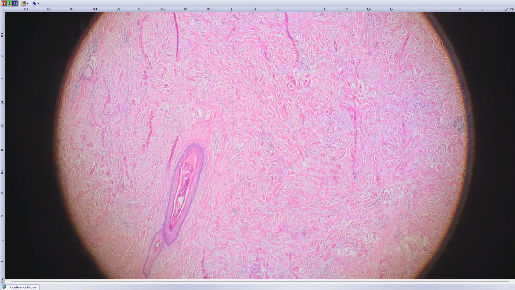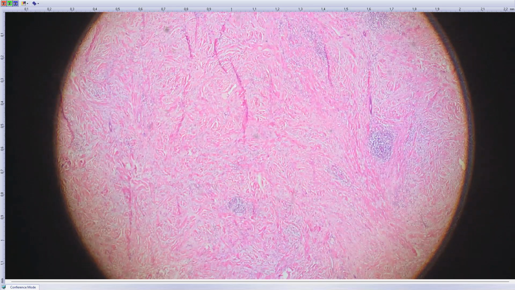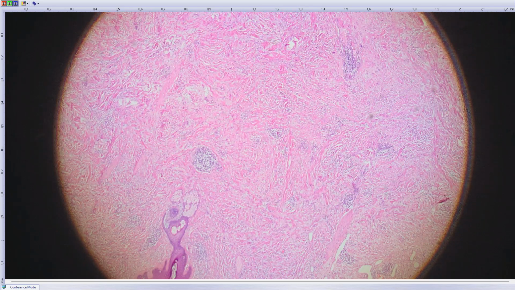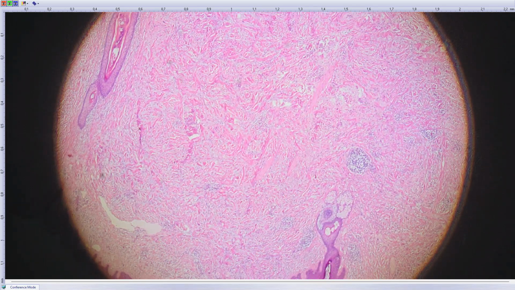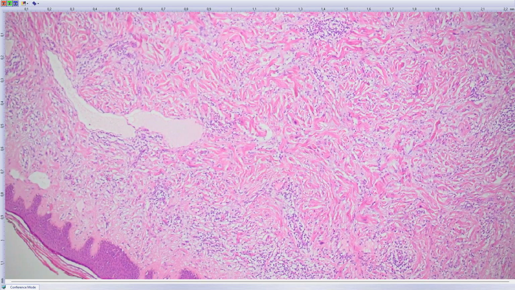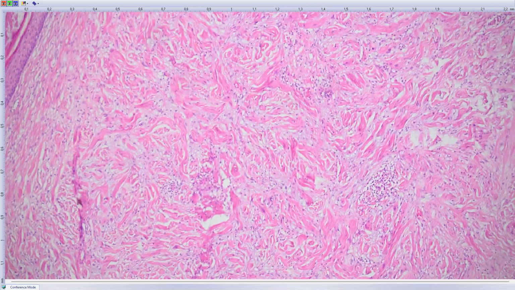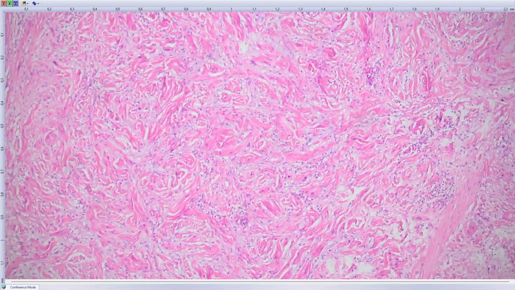And at first sight, from low power, the tumor actually is hard to see, but there is some collagenous tissue, some chronic inflammatory cells. The epidermis is completely unremarkable, but if you go on higher power, you may notice between the collagenous bundles is a